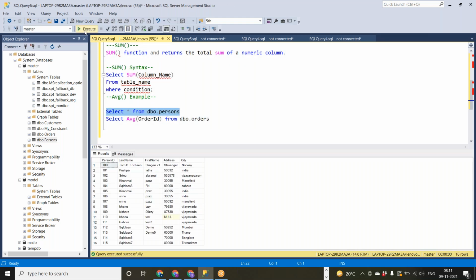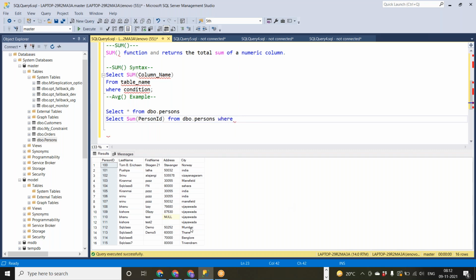So we can take the persons table. In the persons table, if you see, person ID is our numeric column. I want to do sum of person ID from persons table. I want to give the where condition as well.